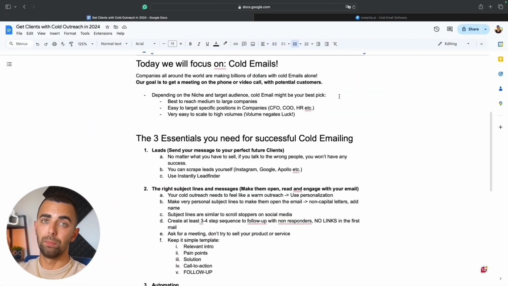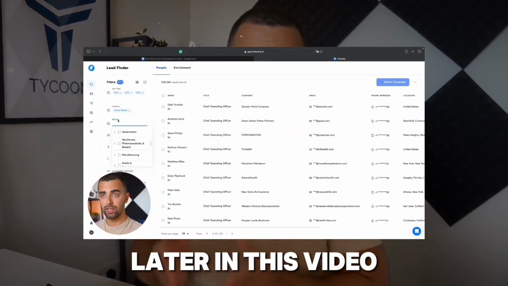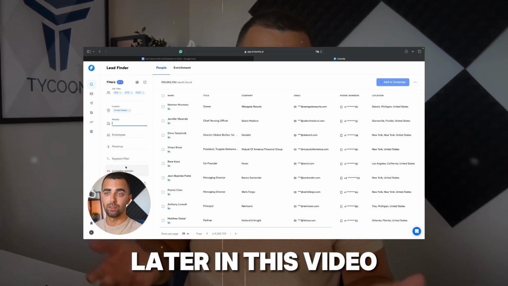That's why you need to have all of your outreach settled. And one of the biggest advantages of cold email, because it's so old and so known for everyone, is it's so easy to scale and it's very, very cheap to scale. It really doesn't matter if you're sending 100 emails a day or 1,000 emails a day, your cost will nearly stay the same and the effort is also the same. And I'll show you exactly how you can scale to thousands of emails every single day by using tools and automation, which will make it much easier for you to get a client.